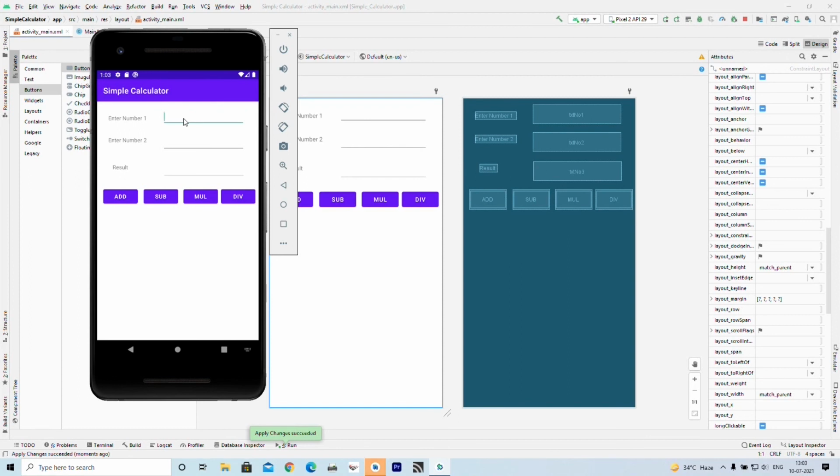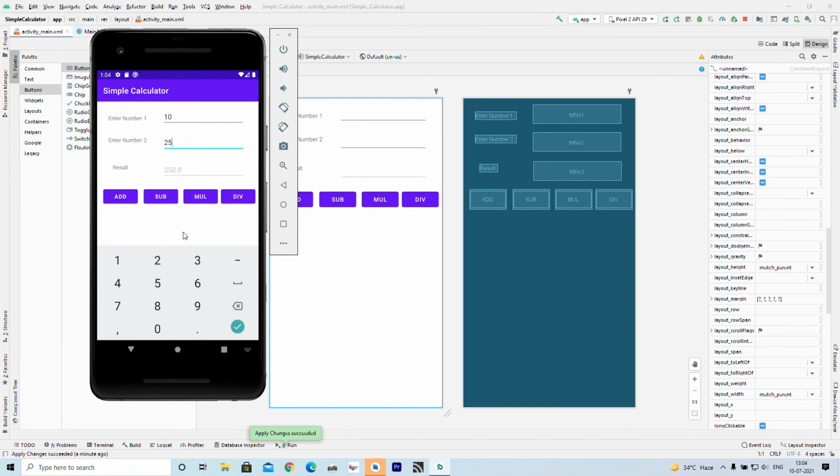Here the user can enter a number. So, when I click on edit text 1, it only shows a numeric keyboard. So, I can type, or from the keyboard I can provide input, and when I click on the add button, now the sum of 10 and 25, which is 35, will be shown in the text. Now, here you cannot set focus or type anything, because editable is false in its attribute. When I click on subtract, it subtracts number 2 from number 1 and shows the result.